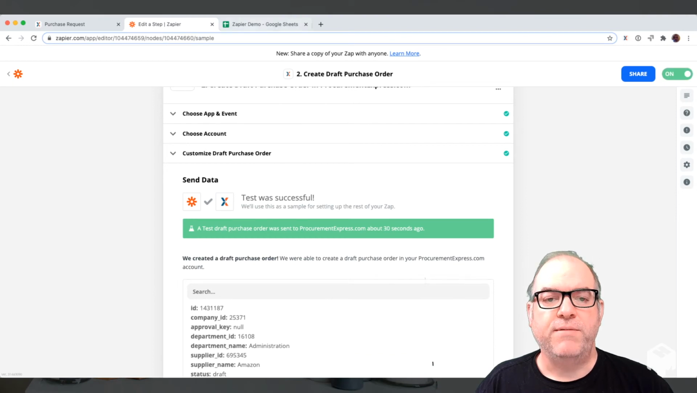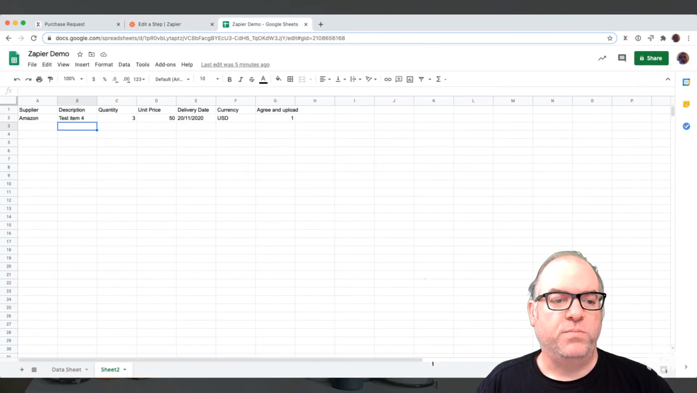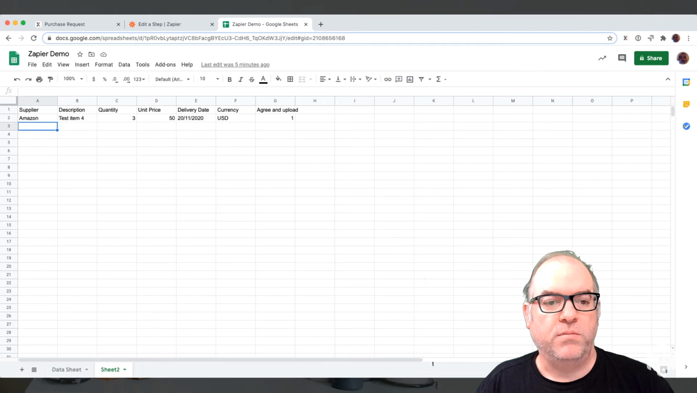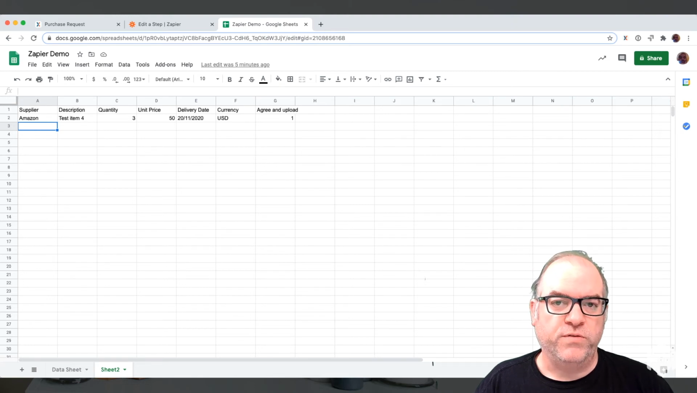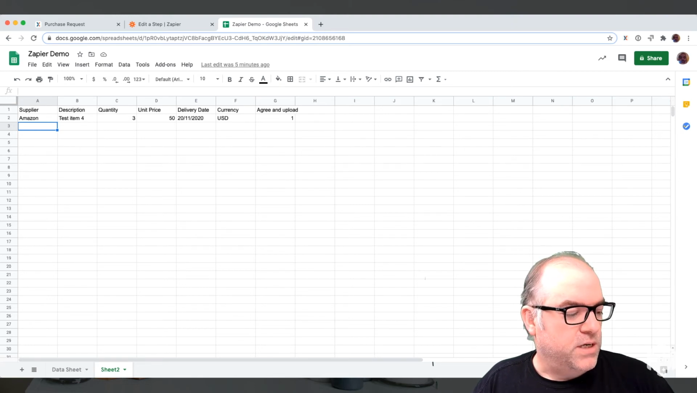Okay, now what we can do is we can turn the Zap on. Now it's on. Now when we create a new purchase order line in this Google Sheet, a new row, then it's going to create a new draft purchase order for us in Procurement Express. So if I put in